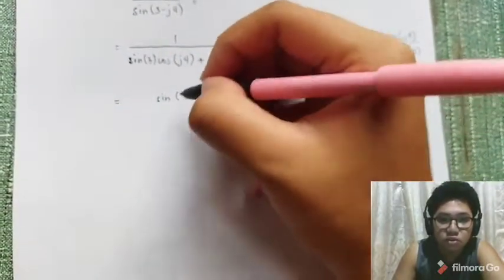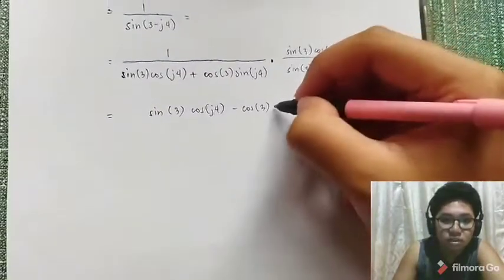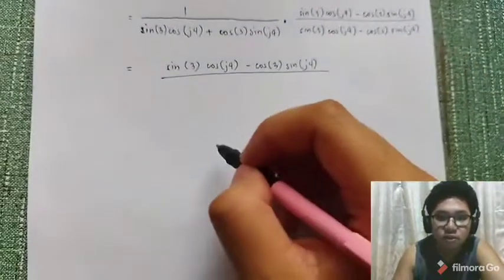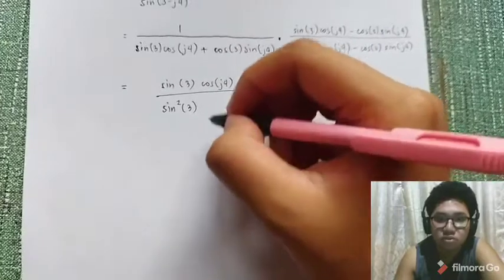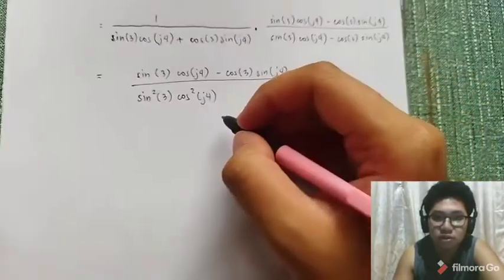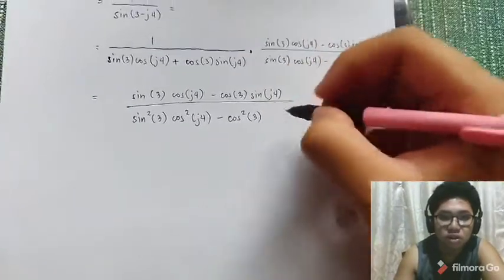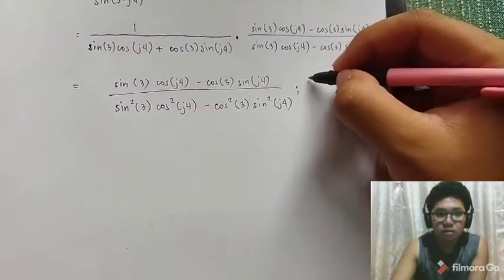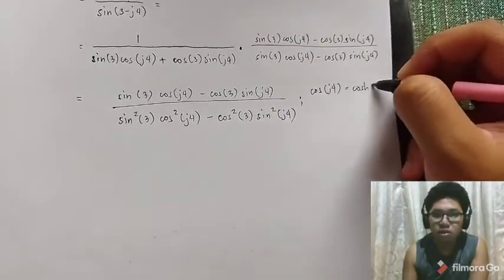Then for our numerator, that will just be the conjugate of the denominator, that is sine 3 cosine j4 plus the cosine of 3 times the sine of j4, all over multiplying both values, that is the sine squared of 3 times the cosine squared of j4 minus the cosine squared of 3 times the sine squared of j4, and the cosine jy is equal to the hyperbolic function of